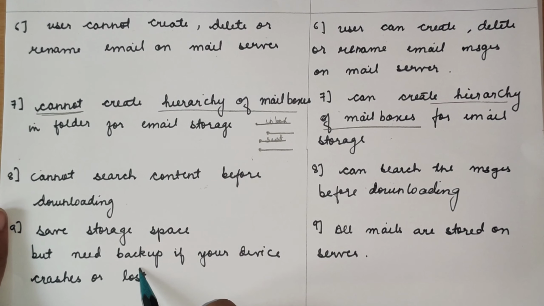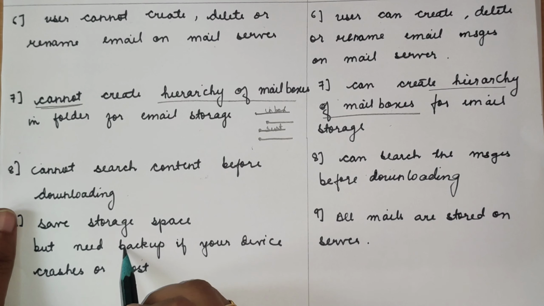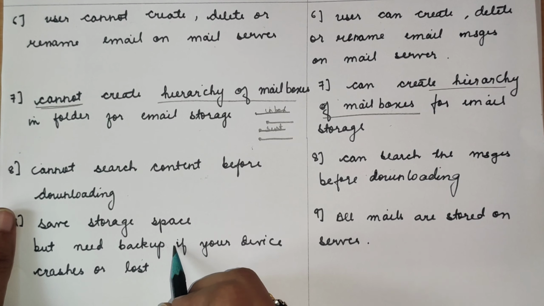And the last difference is, POP3 requires less storage space, or you can say that we can save storage space on the mail server, as once the email is downloaded it is obviously going to be deleted from the server. Once you download the email message to your device, the server is going to delete it. Now one more important thing to remember, here we need a backup of your email messages in case your device crashes or is lost. If your device is lost, obviously the emails are going to be lost.